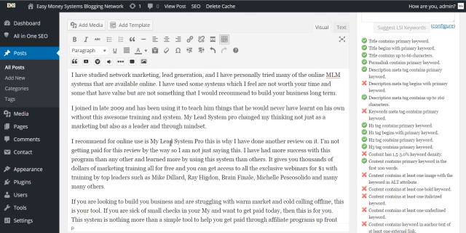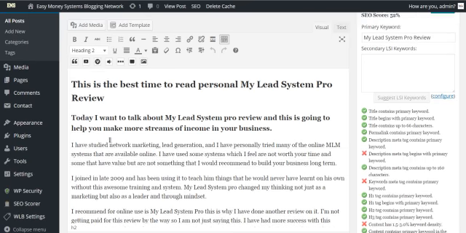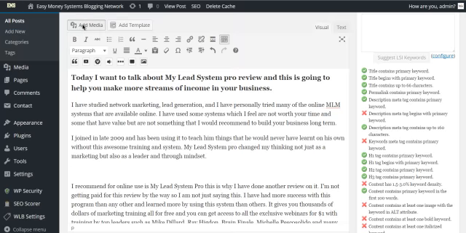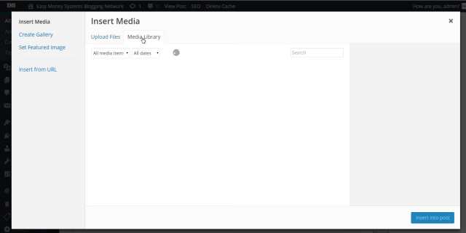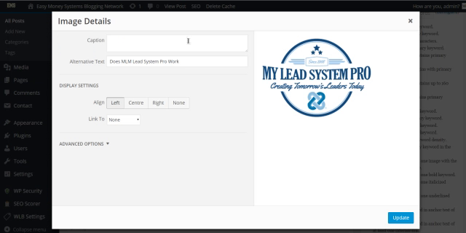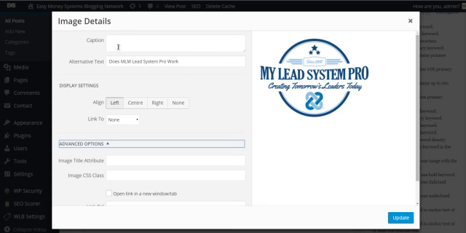Next we need to add an image, and I need to show you how to add media like I did before in the last video, but I'll show you how to do it in a blog post and how to keyword it properly now. We need to add an image, which I'm going to put here, and I'm going to add media, and I'm going to have a look in my media library because I've already uploaded it. And now I've added it, I need to get it ready to go. So I need to make sure